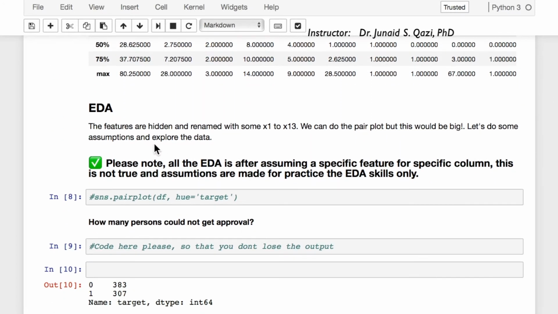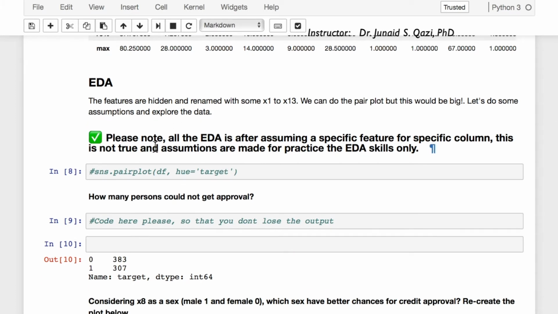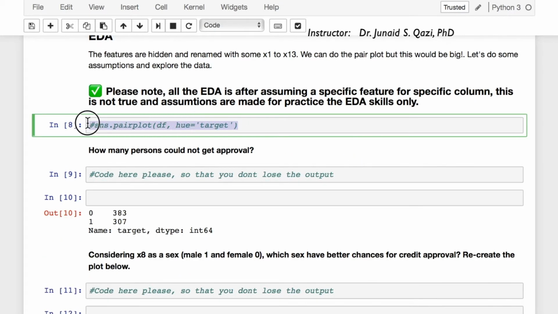Then moving on to the EDA, exploratory data analysis. He's saying the features are hidden and renamed with some x1 to x13. We can do the pair plot, but this would be big. Let's make some assumptions and explore the data. Please note, all the EDA is after assuming a specific feature for a specific column. This is not true, and assumptions are made for practicing EDA skills only. So if you want, you can create a pair plot and the code is already given, but this is not